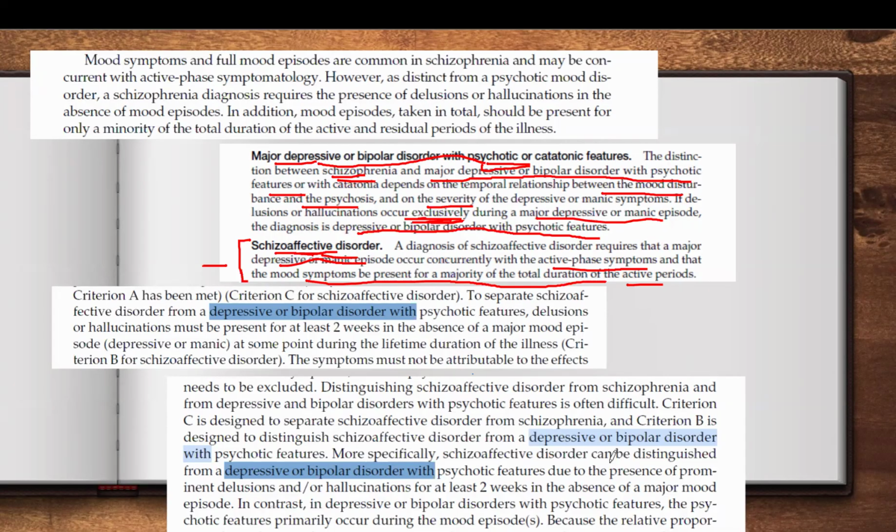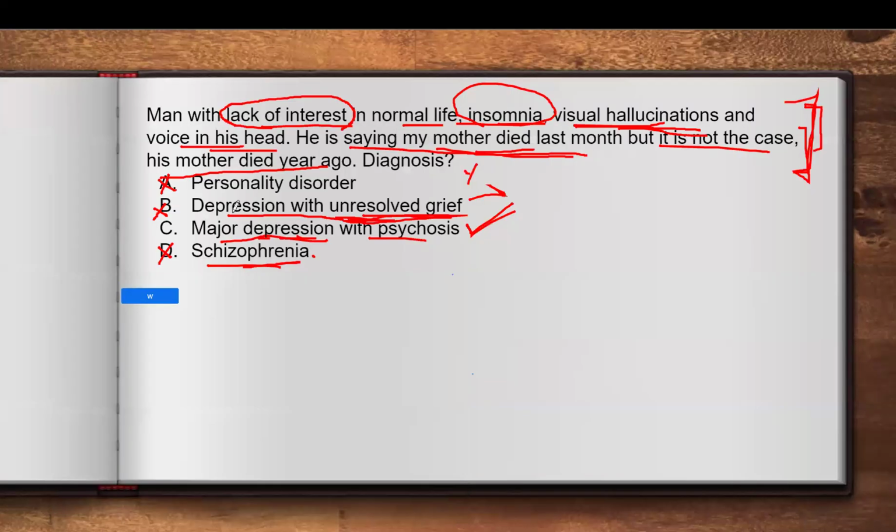Yes, doctor. Like I said, this is the overview in the recalls. We cannot discuss the whole topic, but we will be undergoing regular reviews, also doing the theory as well. Dr. Shan will teach the theory. So you will have a better idea of all these disorders. Okay. So for the purpose of this MCQ right now, you need to know the difference between schizophrenia and major depression with psychosis. Okay, that I have told. This statement is going more with this C option here, major depression with psychosis. Okay,